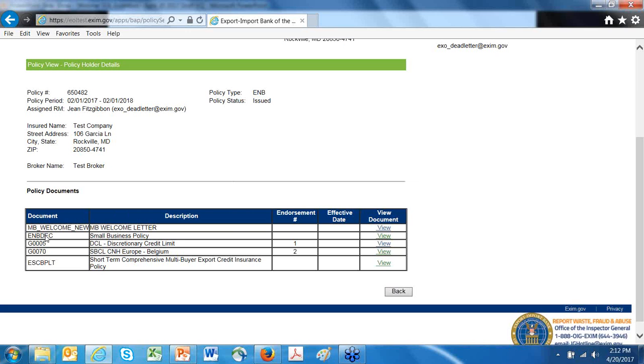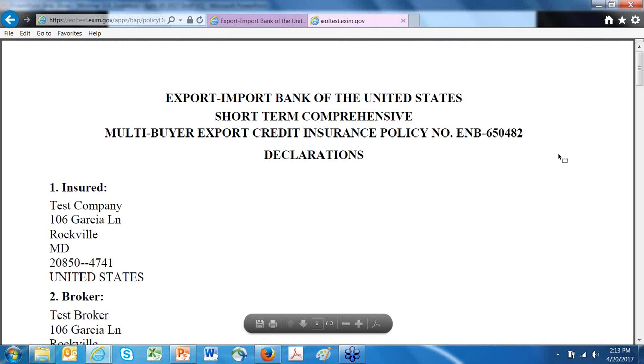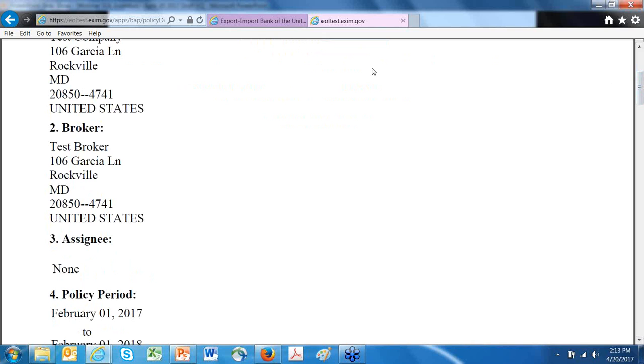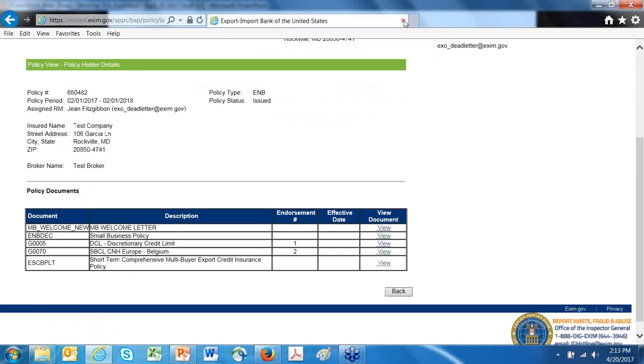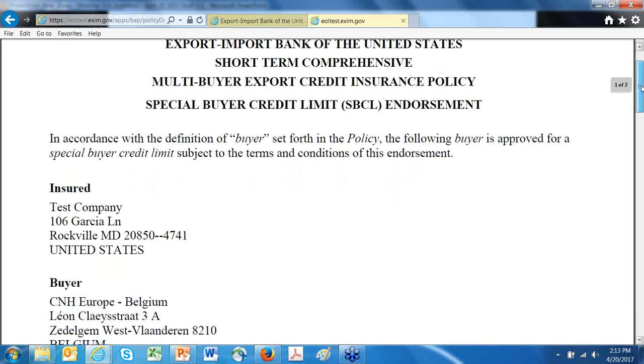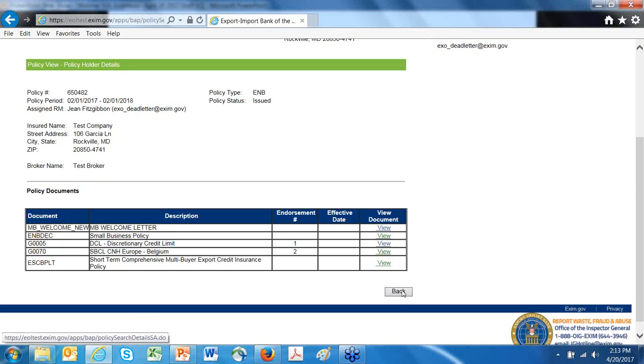Second one, this looks like it's for a different policy type. Look at one more. Look at the SPCL Belgium. Okay, so good advice from our underwriter there. Thank you. I check it a lot, so.